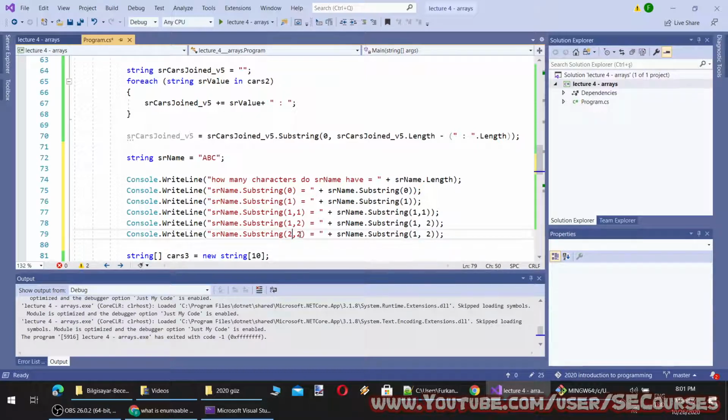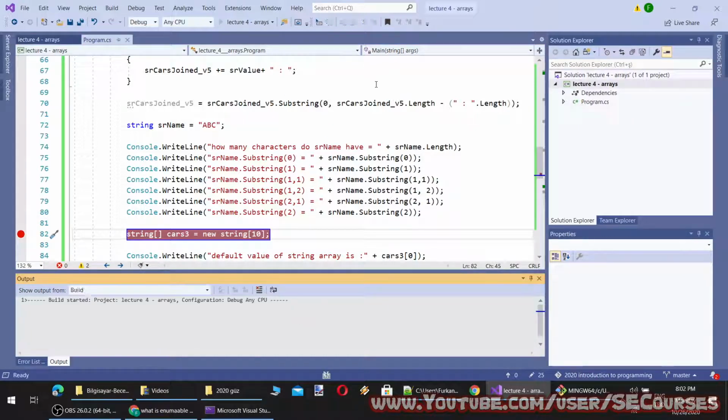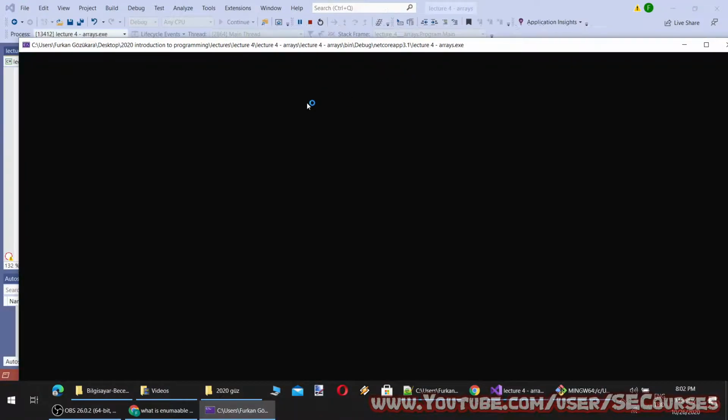This will let you understand better. Okay. Let's put a breakpoint here and run the application to see what each case does.